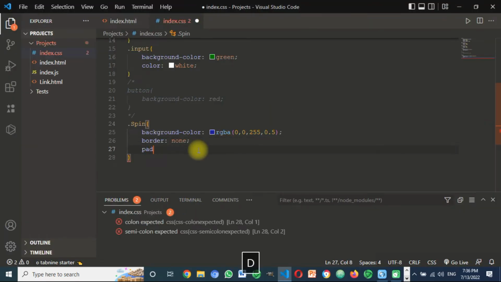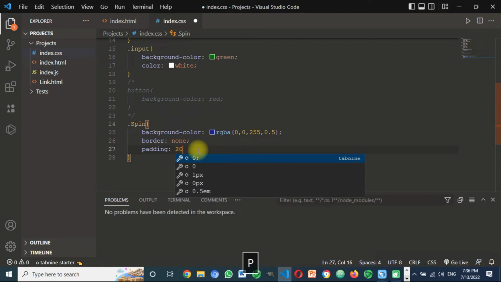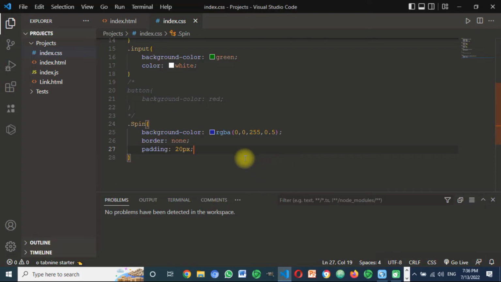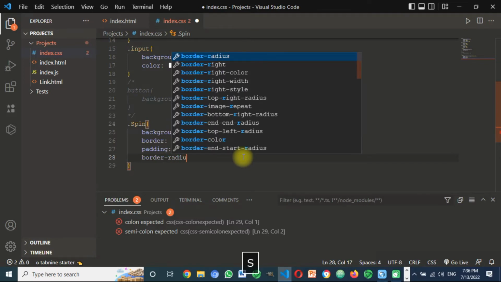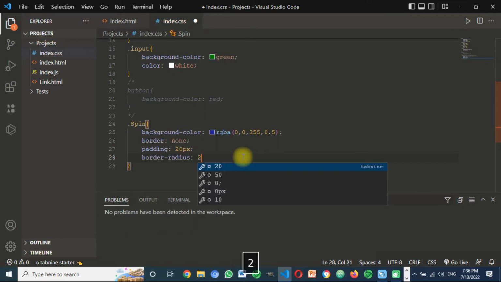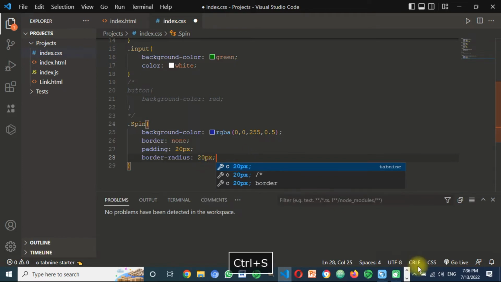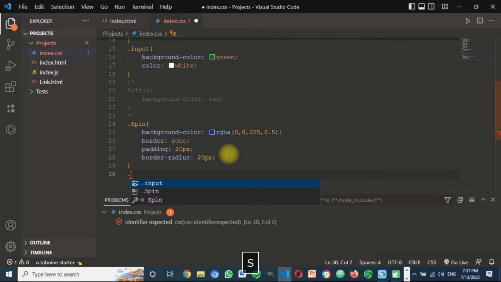Now we are going to write padding 20 pixels. Now we save this and reload our browser. You can see that the button is now bigger. We're also going to write border radius 20 pixels. This is now more rounded, but if we hover over it, nothing special happens still. That is because we have to write dot spin,